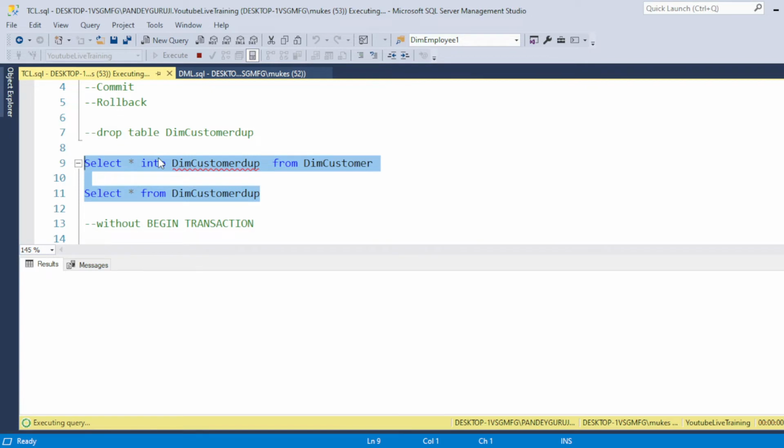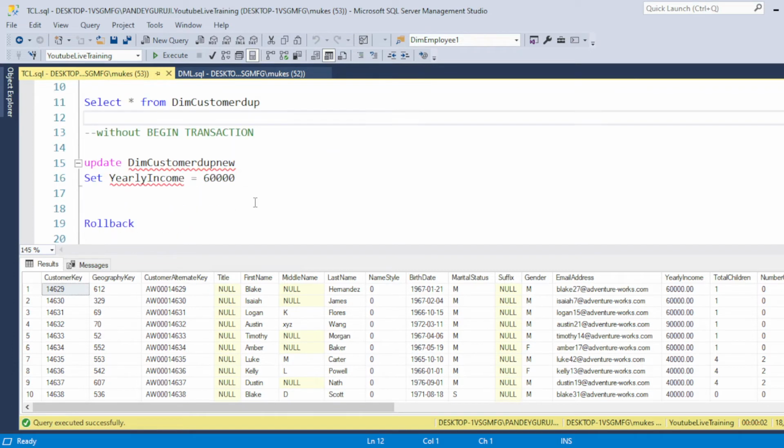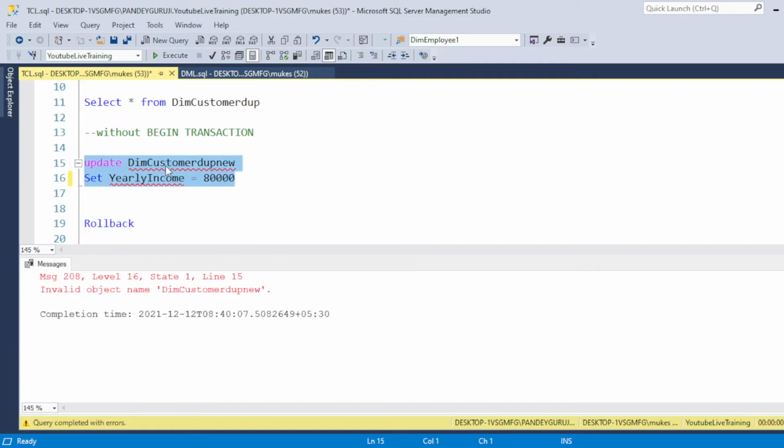My duplicate table name is DimCustomer duplicate. Suppose a developer is asked to update the yearly income to 80,000 for the customer 14629. If you forget to put the where clause, the data gets messed up, and all the data gets updated to 80,000.